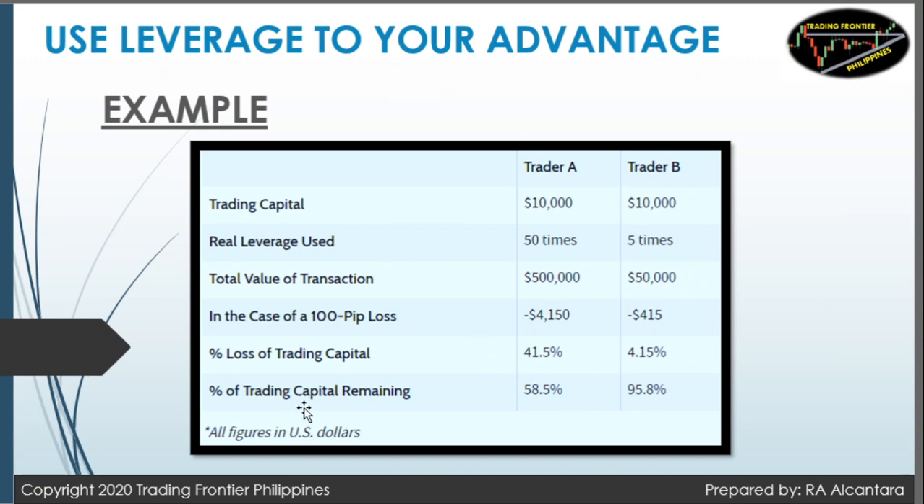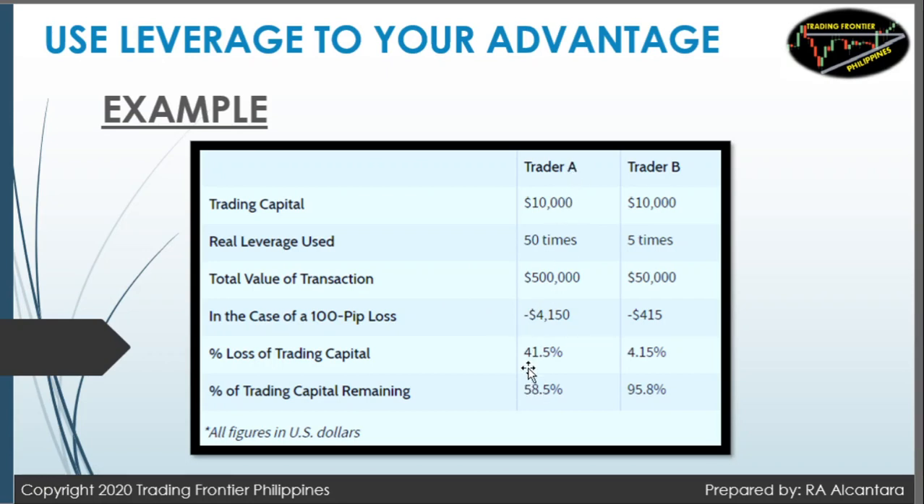So as you can see here, the loss is around 40% for trader A and 4% for trader B, because they both use different leverage offered by the broker, and the remaining balance is already what? 58% only for trader A, and still 95.8% for trader B. Meaning, if you use high leverage and you don't know what you're doing, you don't have proper risk management, you can see here, through this loss,